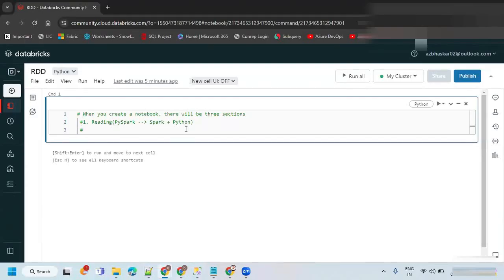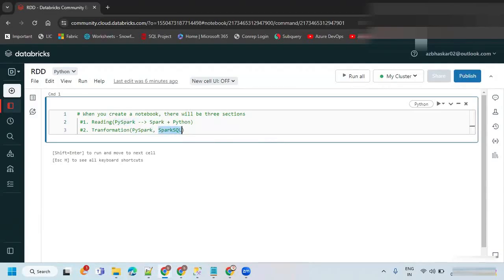The second section is transformation. Transformation we can also do with PySpark, and we can do it with Spark SQL. Either one of them you can use. If you are good enough with PySpark, then you can go for doing the transformation with that. If you are not interested in doing it with PySpark, then you can also write Spark SQL, a pure SQL code, for the transformation.